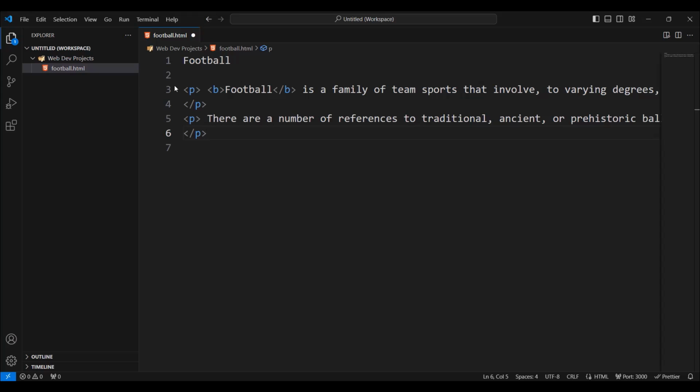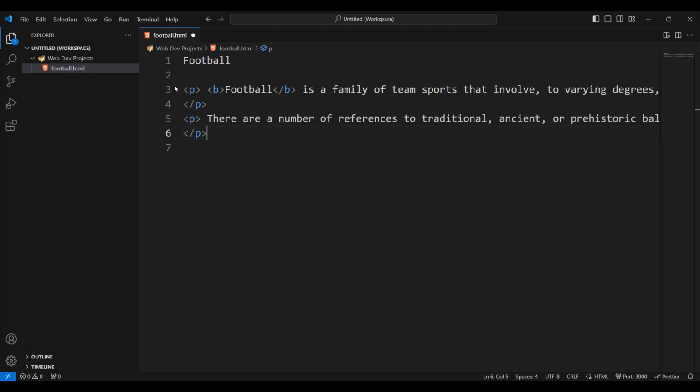Okay, now it's time to start a discussion about headings. So what are headings? Headings in HTML are used to give structure to web pages, similar to how headings in a book provide structure to its content. HTML headings, which are from H1 to H6 headings, represent 6 levels of importance, with the H1 heading being the most important and typically used for the main title, and the H6 heading being the least important.